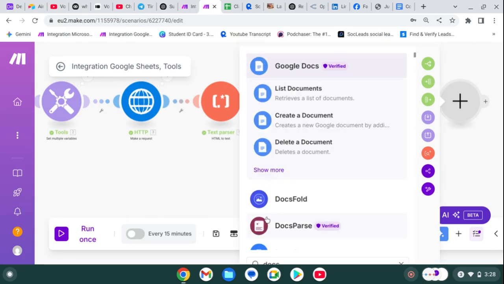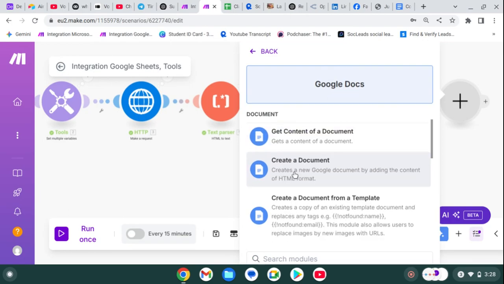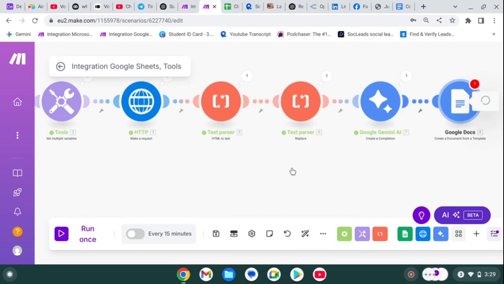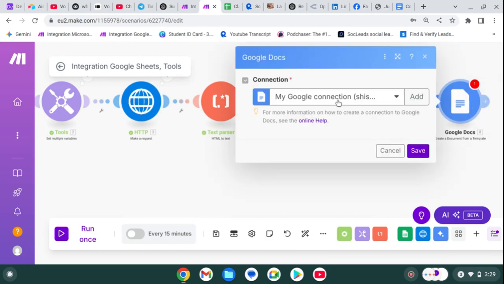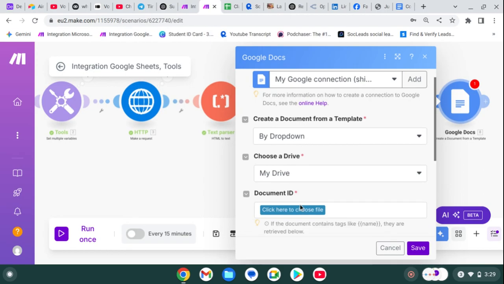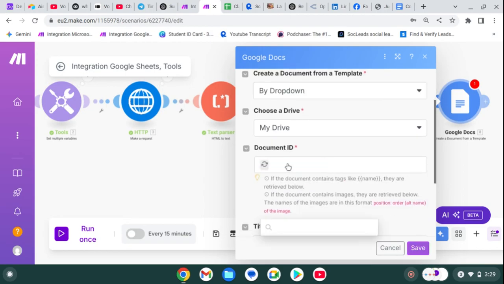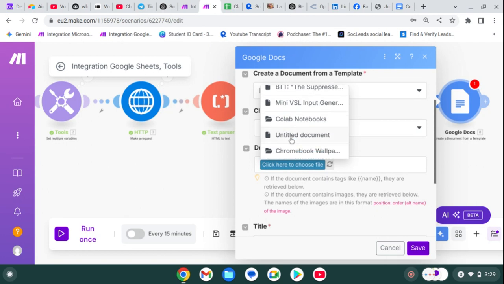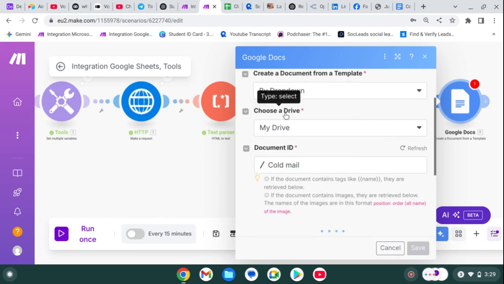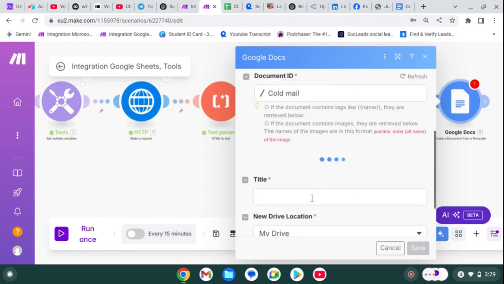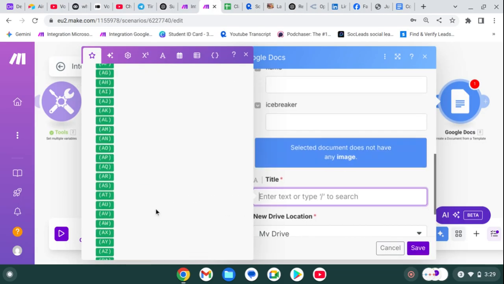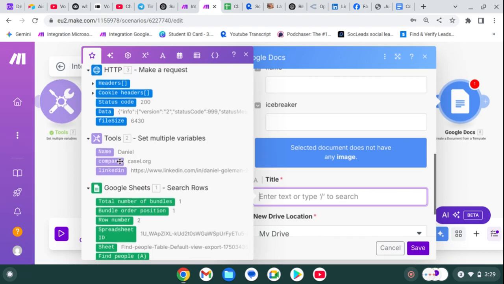Click on Docs, click on create document from a template, choose that, choose your account. So I choose my document ID. My document ID will be cold email, something like that, cold email here in the first, and the title will be based on name and company name,